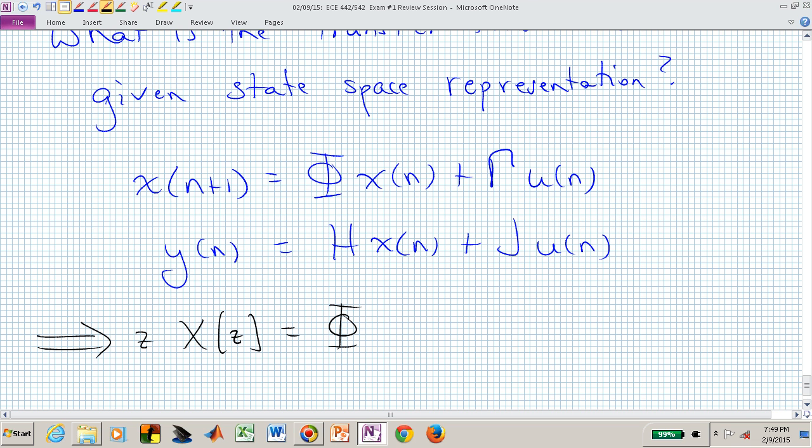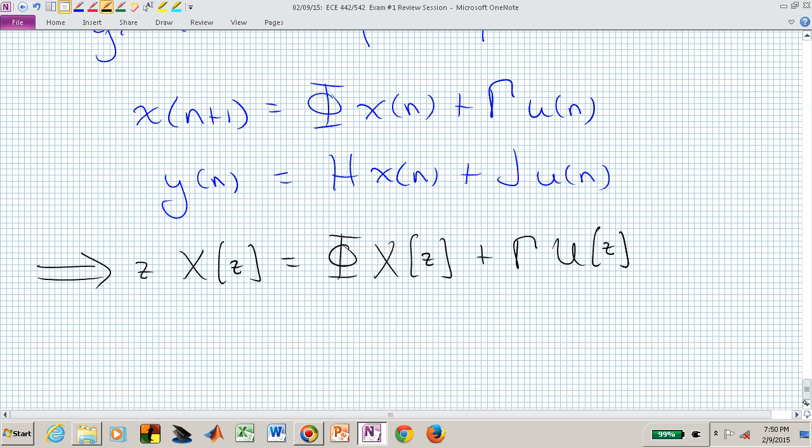phi, gamma, h, and j are constant matrices. We don't have to worry about the z-transform of those. Those slide right through. And we're saying that the z-transform of little x of n is capital X of z. The z transform of little u of n is capital U of z. And if we z transform the output equation, which is just a linear equation, no dynamics there,